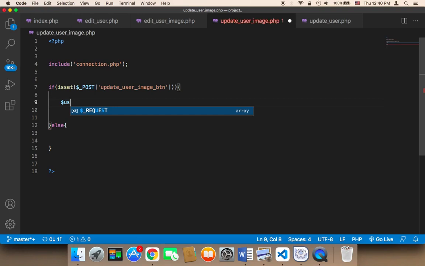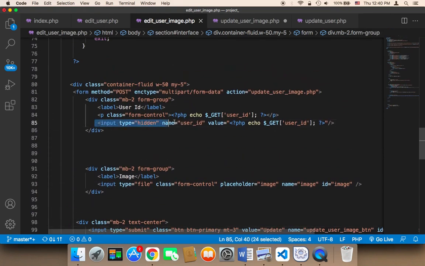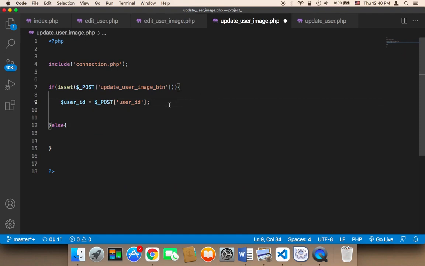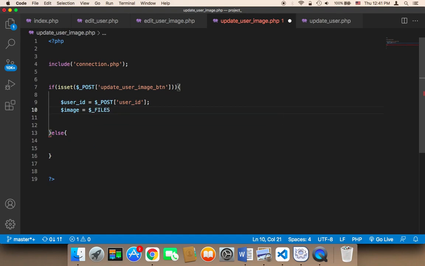In order to get the user ID, I'm going to say user ID is equal to POST user_id, because in the edit user image form, we have this input, update user. And then we also need to get the image. I'm going to say image is equal to FILES image, and then tmp_name. This is going to get us the file itself, but we need to